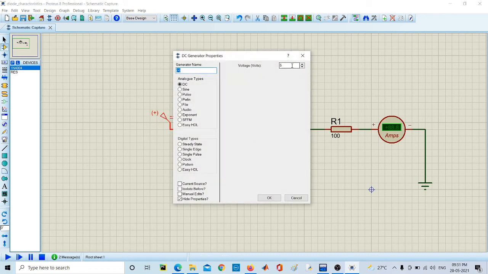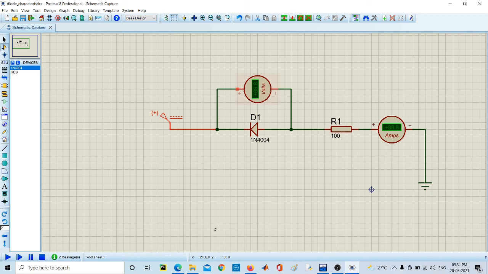For this, we require a very large amount of voltage for checking the breakdown voltage of the diode. Then click on this. You can see that the current flowing in reverse after breakdown of the diode is 11 amperes, and the voltage across it is 401.